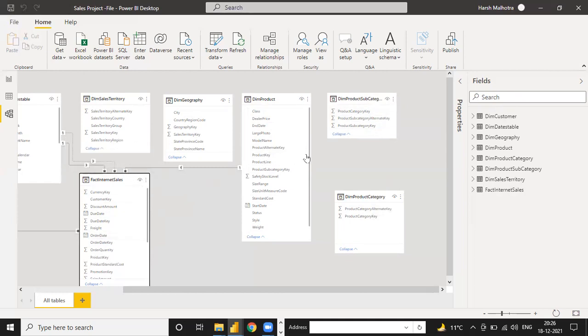Automatically, if I click on this subcategory, and here is also product subcategory, I'm just dragging. See, now it is connecting one to many. Sorry, this one is not connected correctly, so I need to delete it. It should be subcategory to subcategory only. Yeah, I think now it is right. Now if I click on this arrow, see, product subcategory to subcategory, and in the same way here is product category, so just drag and drop.